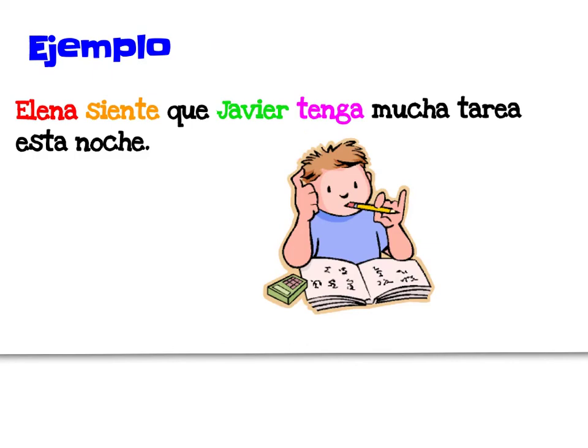Yo tengo dos ejemplos con estos verbos. Elena siente que Javier tenga mucha tarea esta noche. Elena is sorry that Javier has a lot of homework tonight. Again, you have your two subjects, Elena y Javier. You have your verb that expresses an emotion, sentir, or here it's conjugated in siente. And of course, then you are going to have your subjunctive verb following your second subject, tenga, has a lot